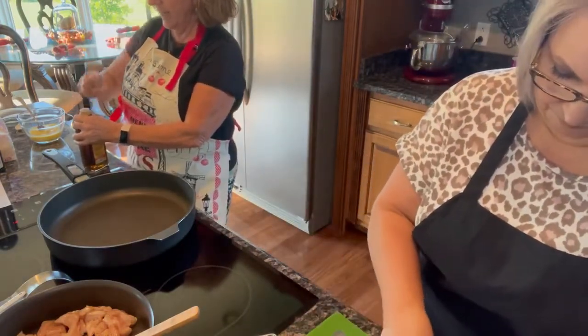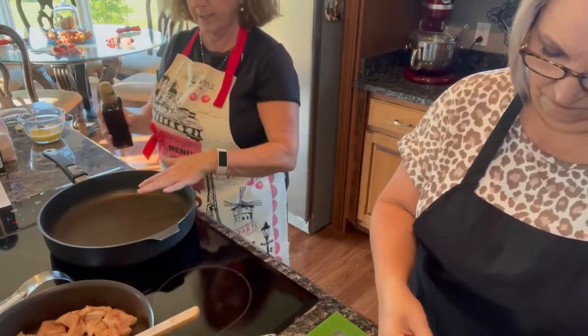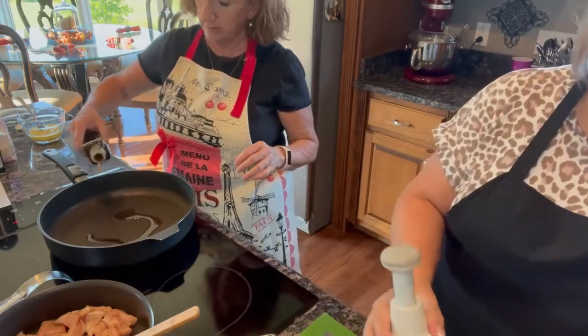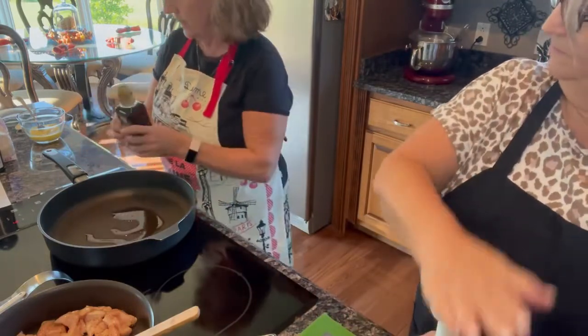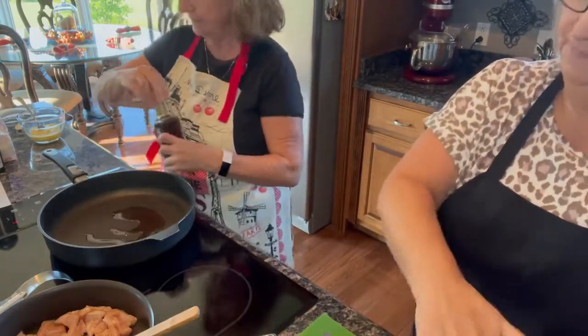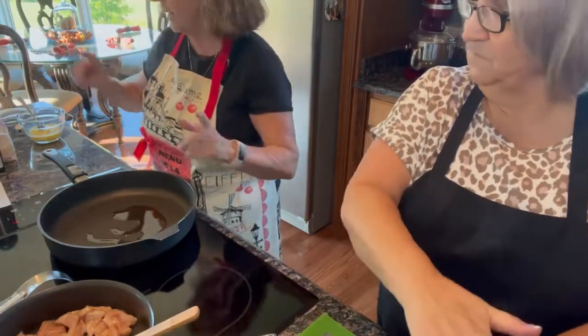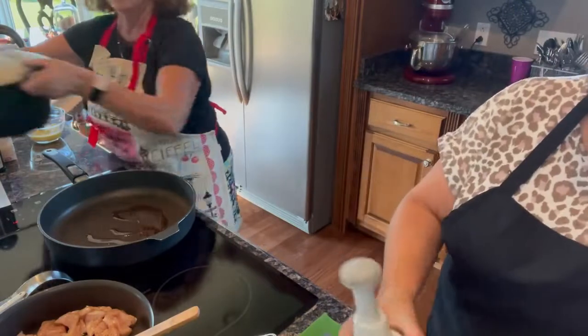Okay. And so first thing you do in your skillet is add some sesame oil, I have toasted sesame oil. So I've got that added. I'm going to let that kind of warm up a little bit. But while I talk to you about rice,